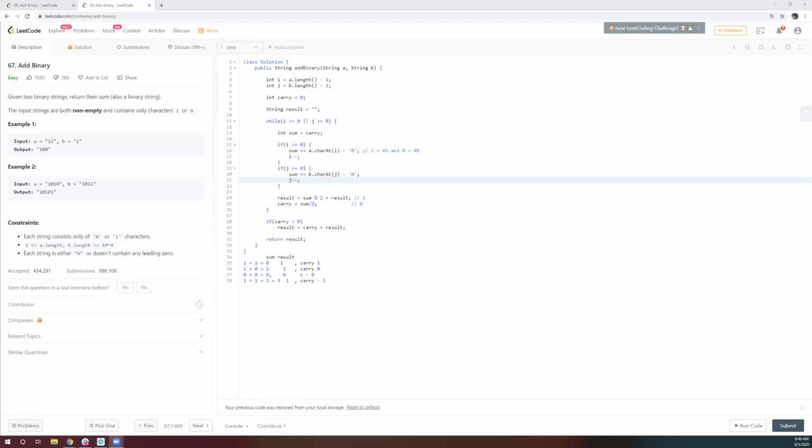Yeah, XOR of 2 same numbers is always 0. So 1 XOR 1 is 0, and XOR of 2 different numbers will always be 1. So it's following the XOR principle only. 1 plus 1 is 0, 1 plus 0 is 1, and 0 plus 0 is 0, and again 1 1 1, that means 2 ones will give you 0, and 0 plus 1 again will be 1. Yeah, XOR works perfectly. Yeah, that easy.